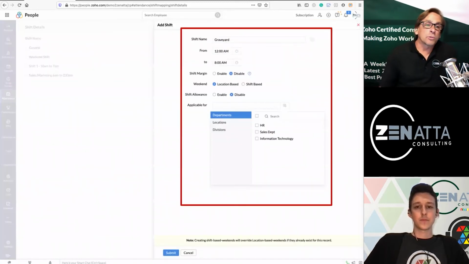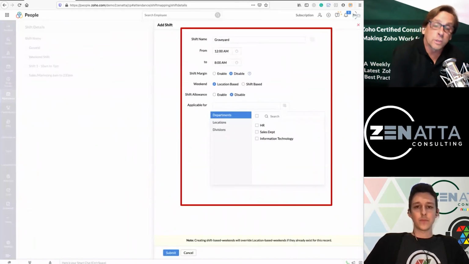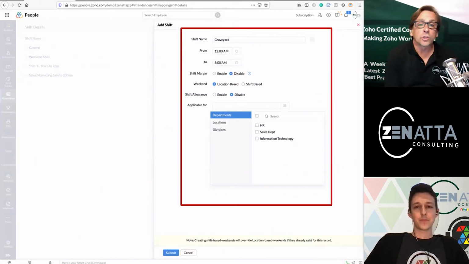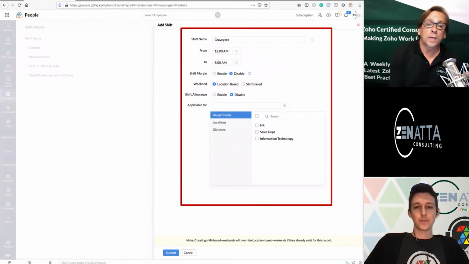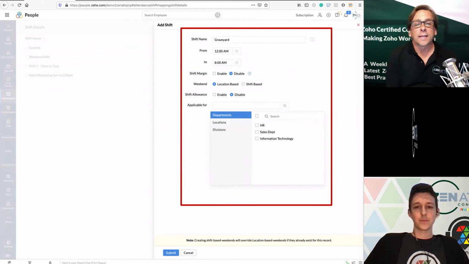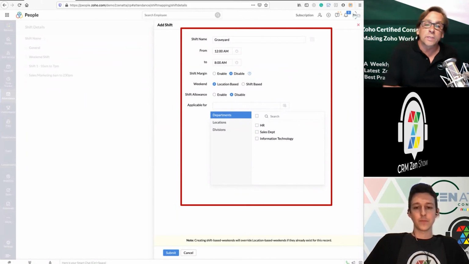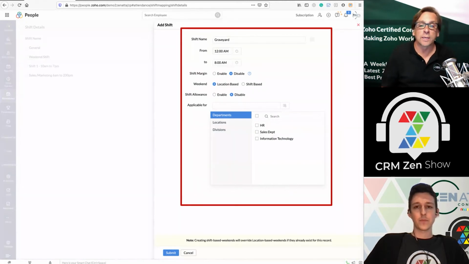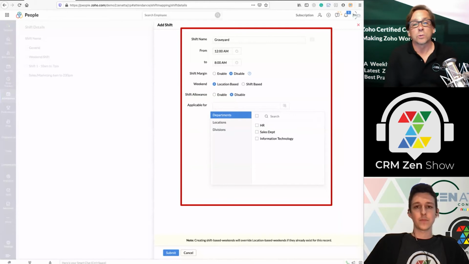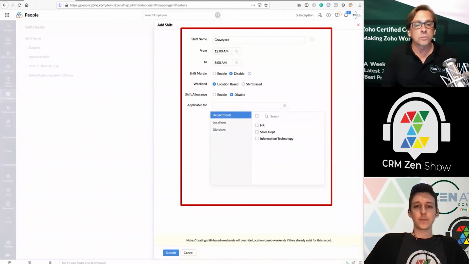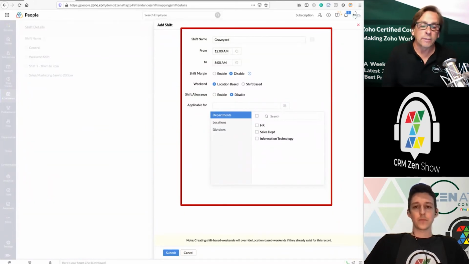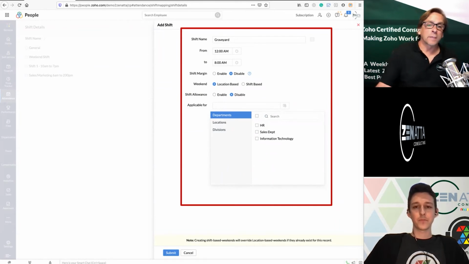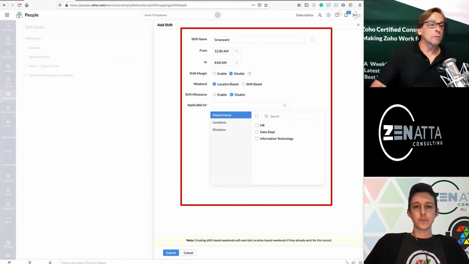What I've done here is just an old-fashioned graveyard shift, someone working from 12 a.m. to 8 a.m. You've got the shift margin. You can enable it, whether it's location based, all of the various things you've previously set up. When you set up the shift, you can enable those things in the shift. You can do these by departments, locations, divisions, where these shifts apply. And this is just the last basic thing you need to set up,